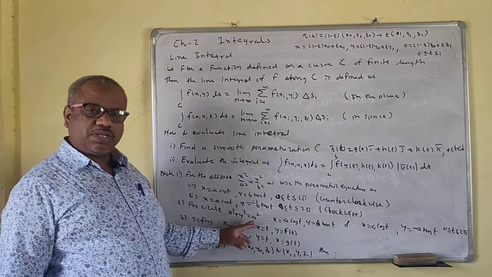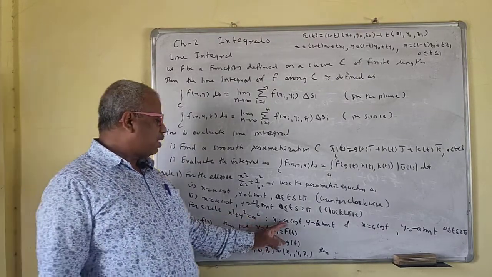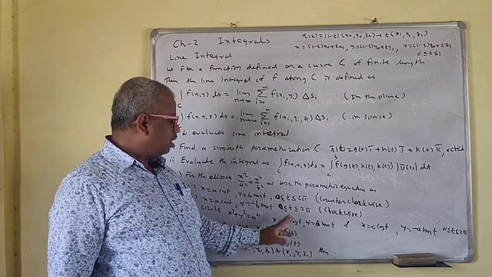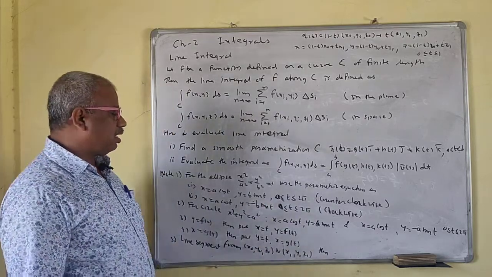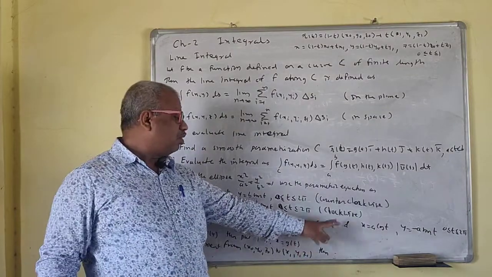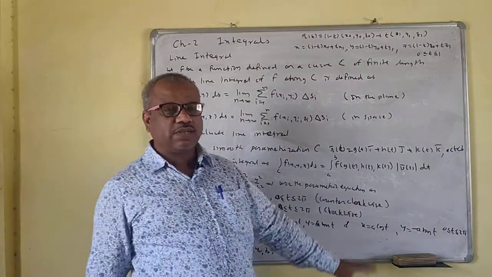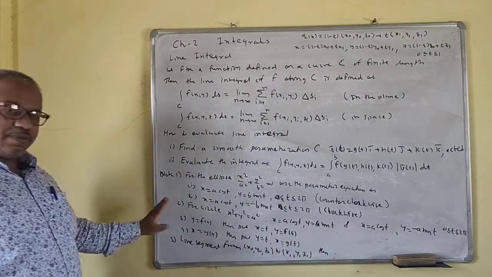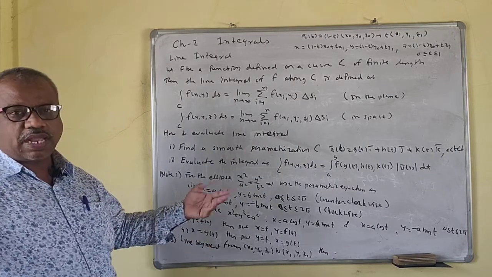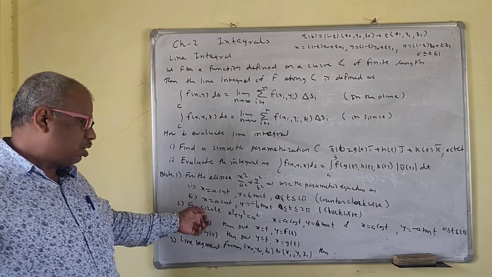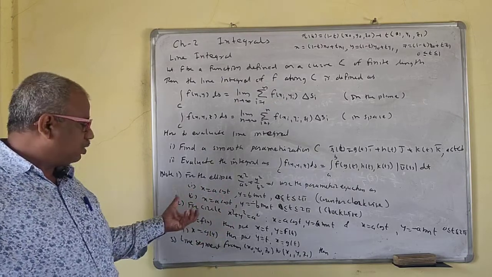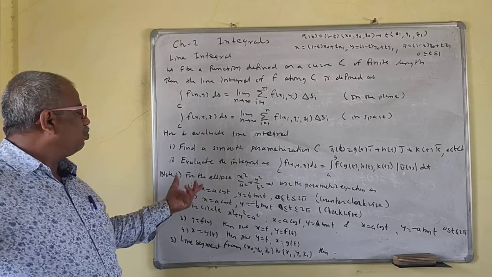If your curve is a circle, then use this parametric form: x is equal to a cos t, y is equal to a sin t. Instead of b sin t, you just take a sin t. This is the counterclockwise, anti-clockwise direction. If it is a clockwise direction, take y is equal to minus a sin t. Remember this parameterization, because while solving problems we need to use it. They will also ask for it in objective questions: for clockwise and anti-clockwise direction, what are the parametric equations for a circle, and what is the parametric equation for the ellipse?